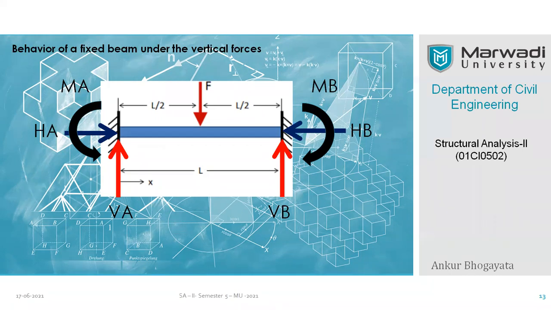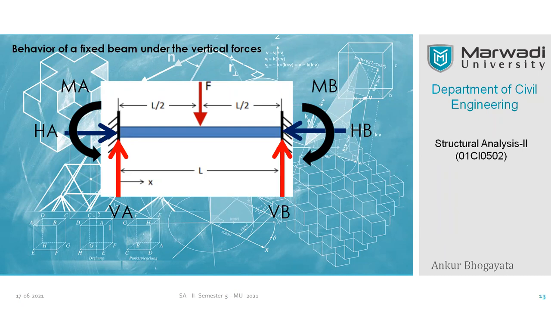Because in case of a simply supported beam, in no time you can quickly calculate the numerical value of VA and VB. For one minute, assume that this beam is a simply supported beam. There is no need to ask what the value of VA and VB would be. It will definitely be F by 2, that's all. You all know that because it is a centrally loaded point load.